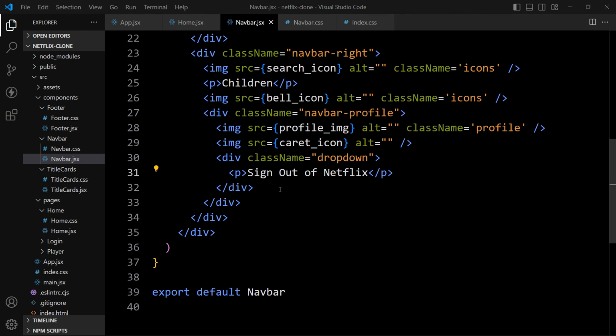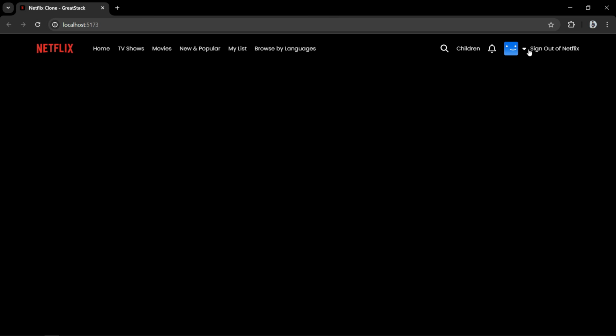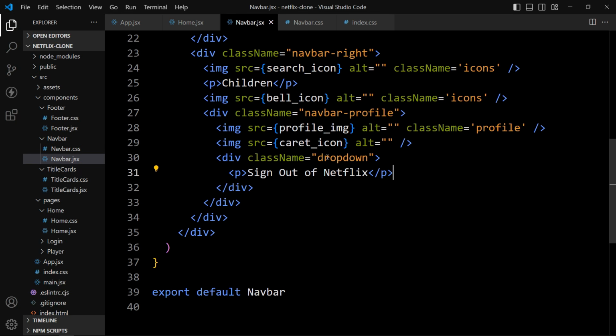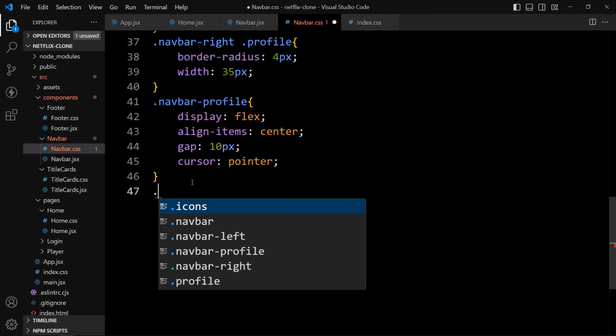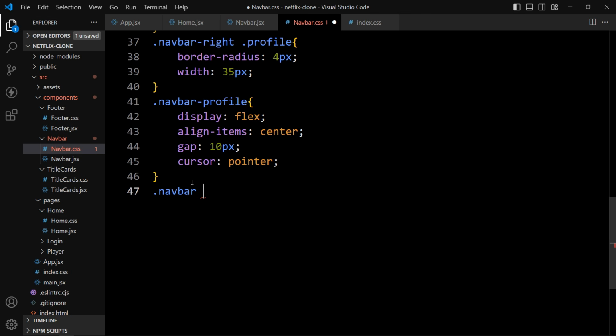After that, you can see this text is displayed here, but we have to hide this one. It will be displayed when we will hover on the profile icon or drop down icon, and it will be displayed below that. So let's come back, and here we have the class name dropdown. Just copy this, come to the CSS file, and in this one we will add the CSS properties for this. So just add dot navbar dot dropdown.